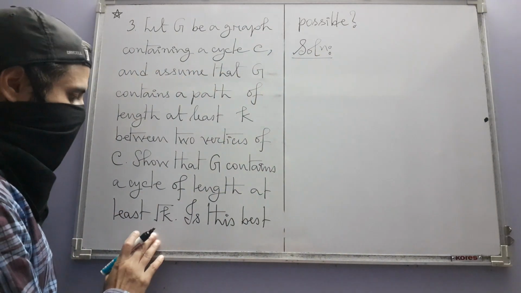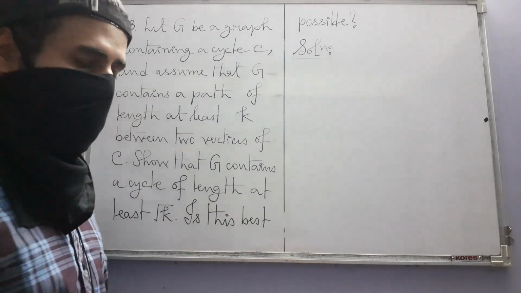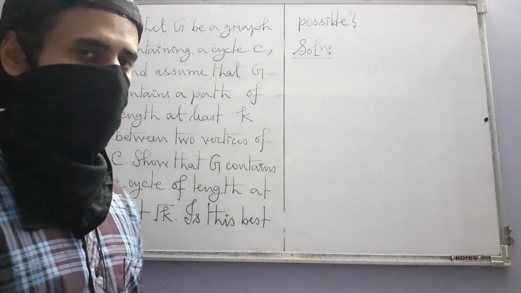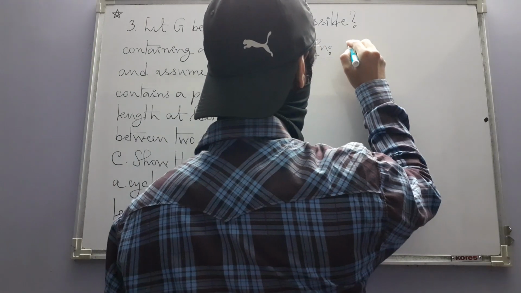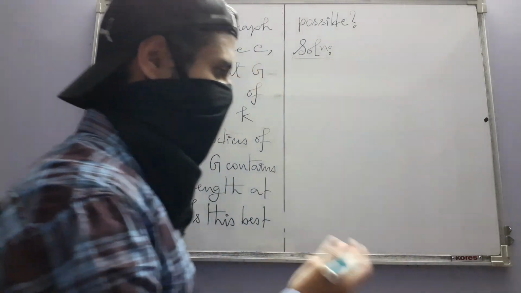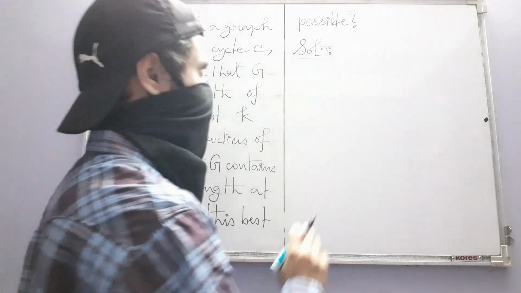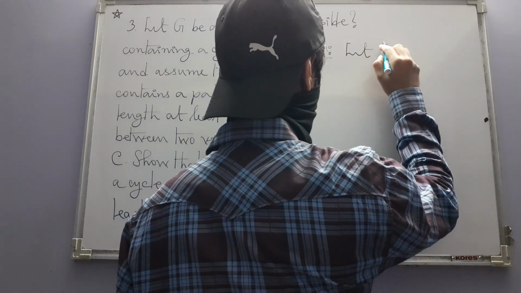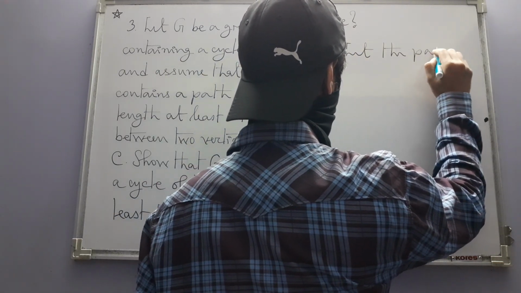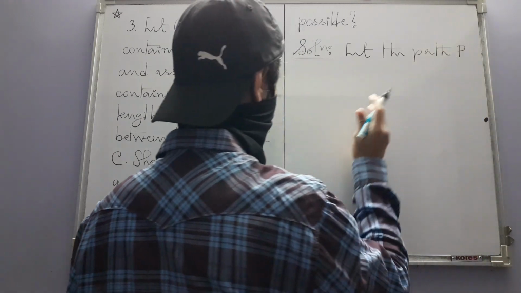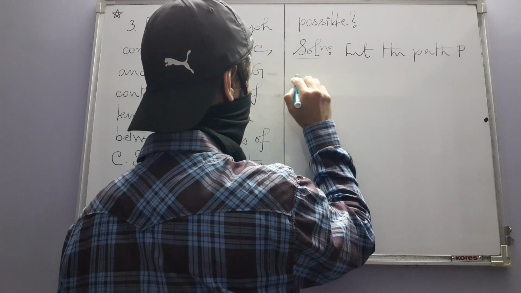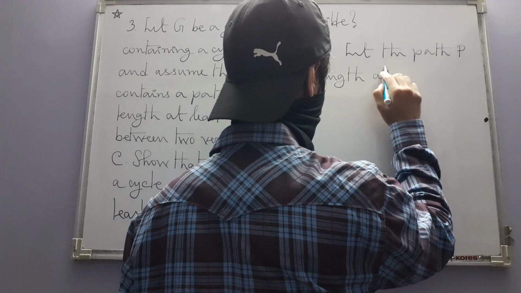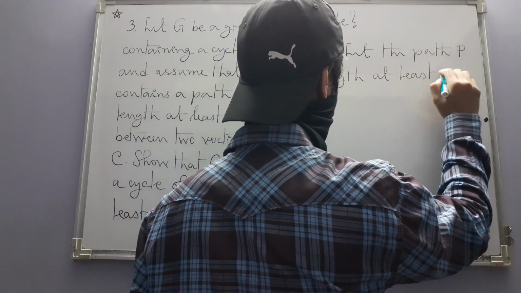In the solution, we are first of all going to consider those vertices where this path that the author is talking about intersects C. So let these vertices be V1, V2 up to Vt. Let the path P, let's give it a name P, of length at least k